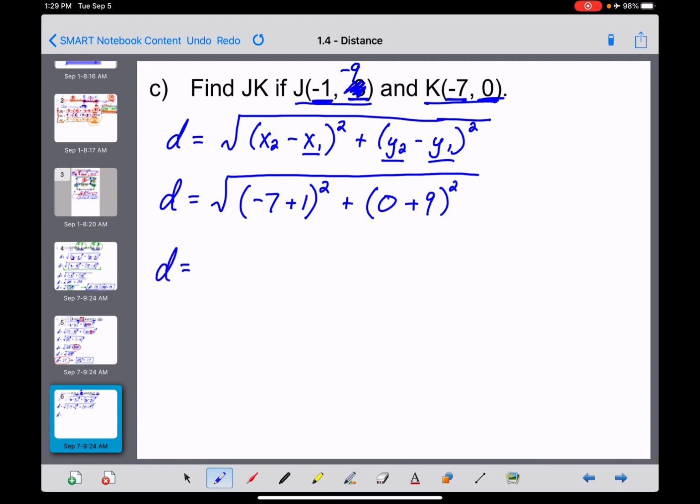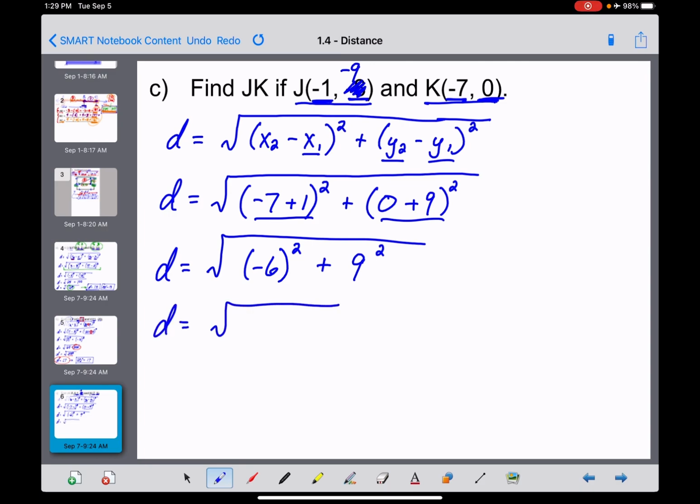D is equal to, and here we go. -7 plus 1 is -6. So let's put that in parentheses and square it. Plus 0 plus 9 is 9 squared, and I don't need the parentheses because that number is positive, but it wouldn't be wrong if you had it. So D equals, and here we go now, -6 times -6 is positive 36, and 9 squared is going to be 81. We'll go ahead and add those two numbers up now and get D is the square root of,